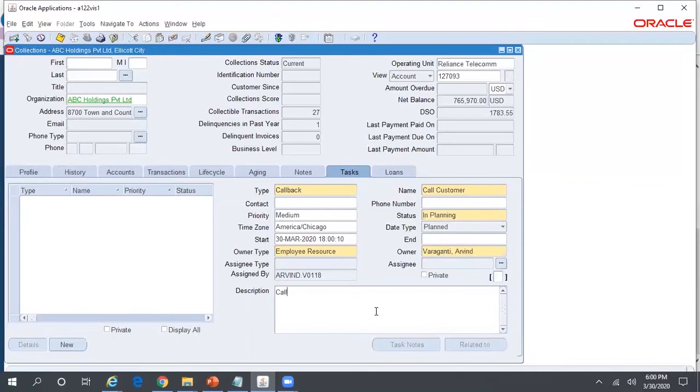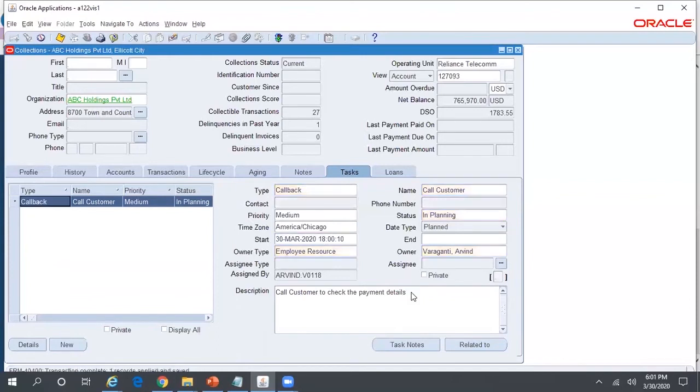Call customer to check the payment details. And when it is scheduled, say 30th March evening, 6 p.m. Save this.